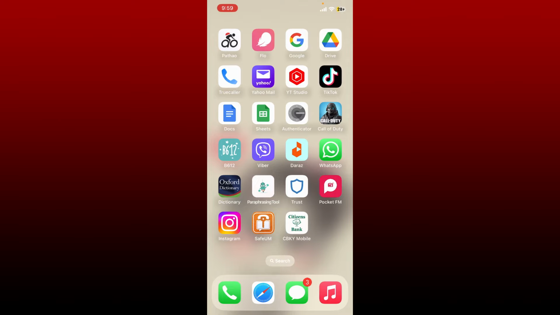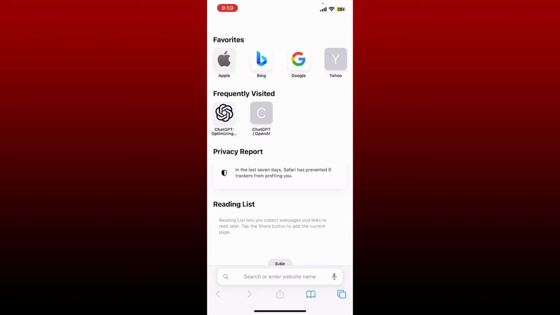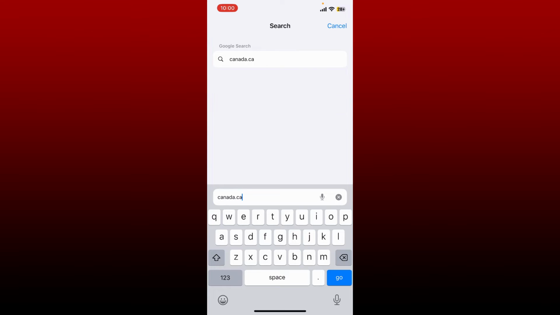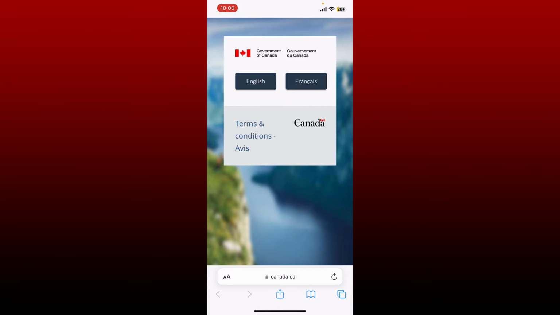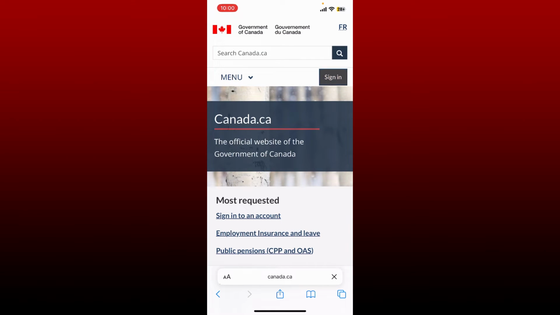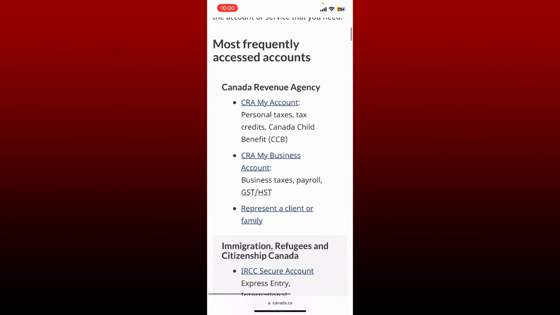First of all, open up a web browser on your mobile device. Now, in the URL box, type in canada.ca and search. Once you end up in this page, select your language from the options and you'll end up in this official page. Tap the sign in button at the top right hand corner and now scroll down and tap on CRA